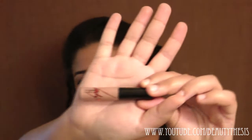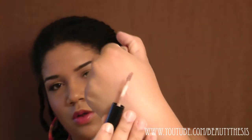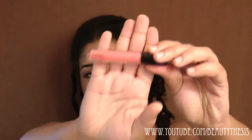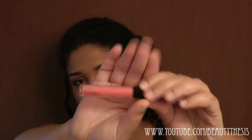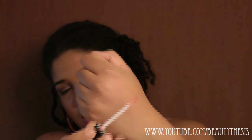This is the Viva Glam Gaga 2 lip gloss, and it's just a really sort of neutral brown, almost beige. It doesn't lean too pink and it doesn't lean too yellow, so I really like that one. The next one I have is a Dazzle Glass, and this is in Smile, and it's just kind of like an orangey peach color, and I don't know if you're going to be able to see the details in that, but there is a really gorgeous sort of goldy green